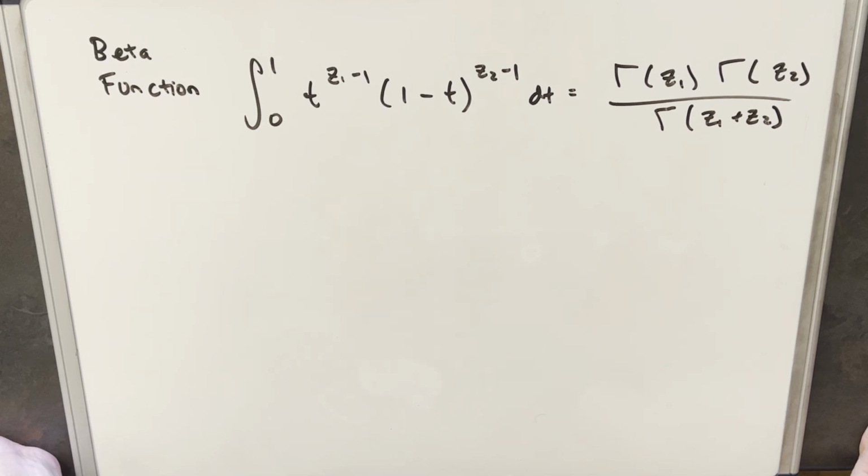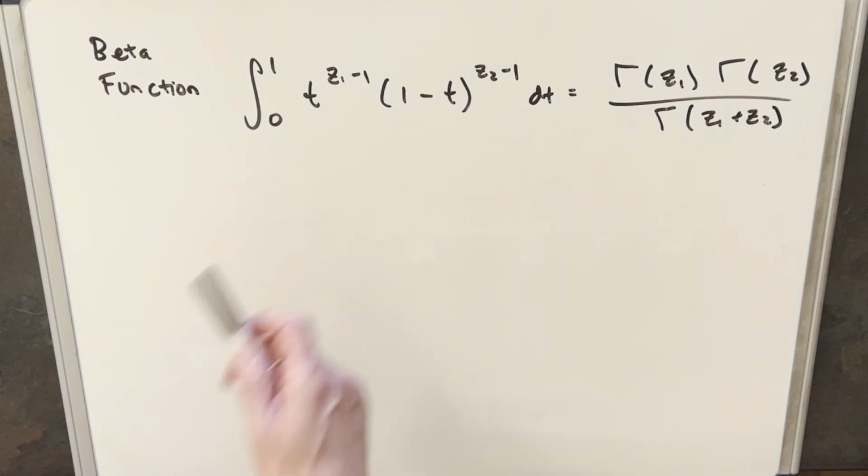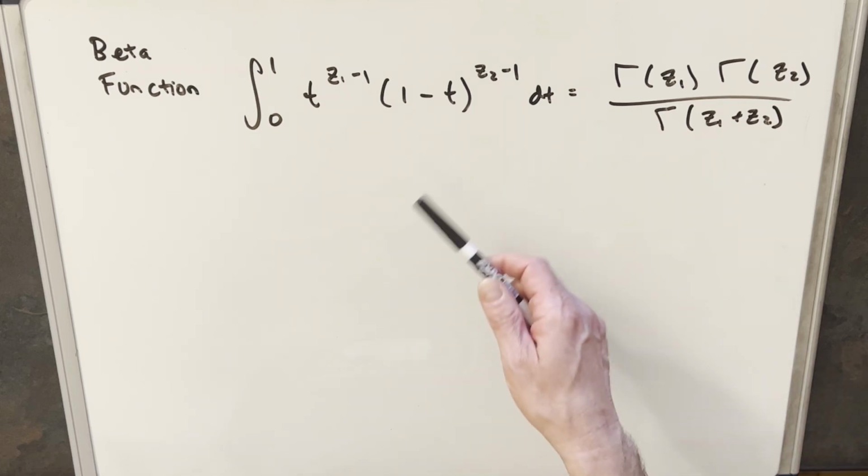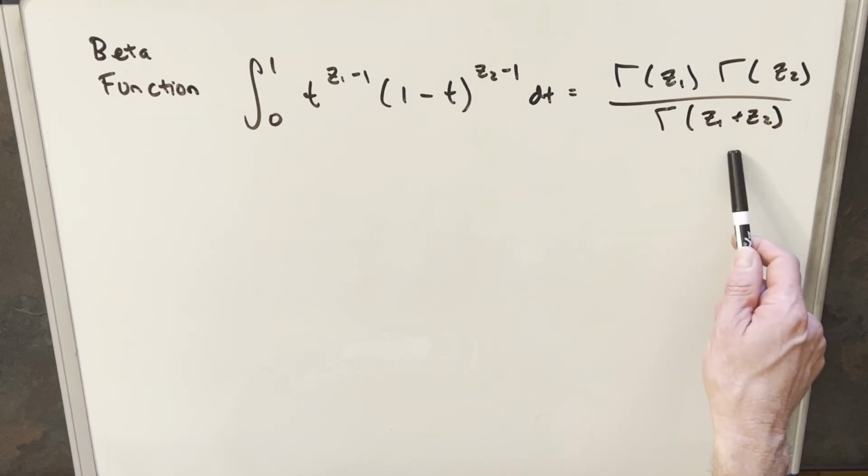Hey, today I thought I would do something a little bit different, and what I want to do is take kind of a deep dive into the beta function. And on the board here, I think we have the most well-known form of the beta function. We have this integral from 0 to 1, t^(z1 - 1) times (1 - t)^(z2 - 1) dt. And the reason this is so useful is we can express our answer in terms of the gamma function